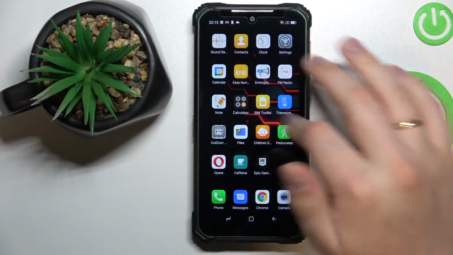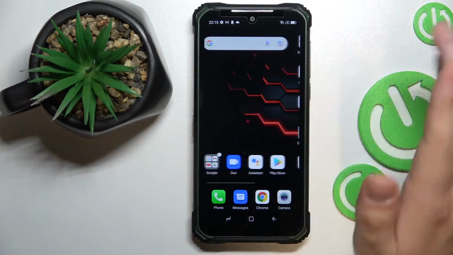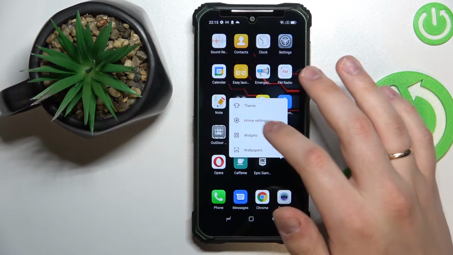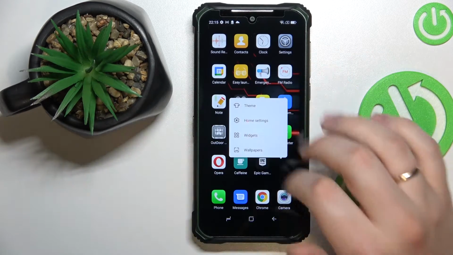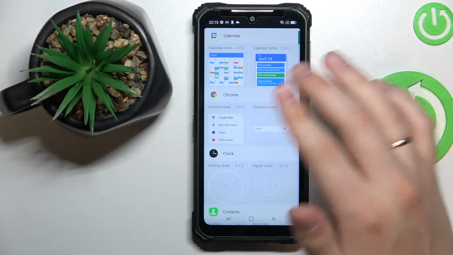So first of all, in order for you to access the widget menu, choose any vacant spot you have on any of your home screens. Tap and hold at this vacant spot, wait for this menu to be called out. Go for the widgets, and here we are at the widget menu where all the widgets are divided into convenient